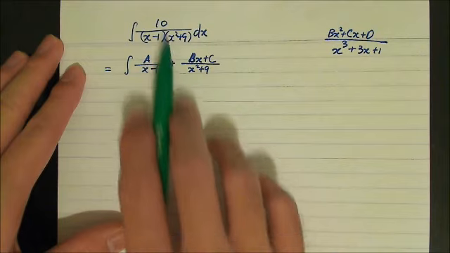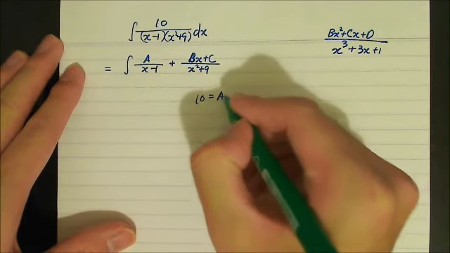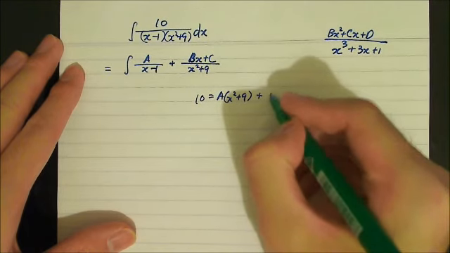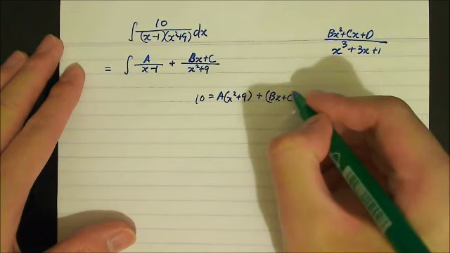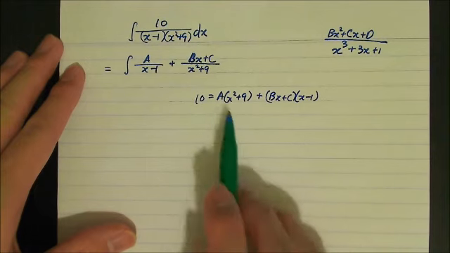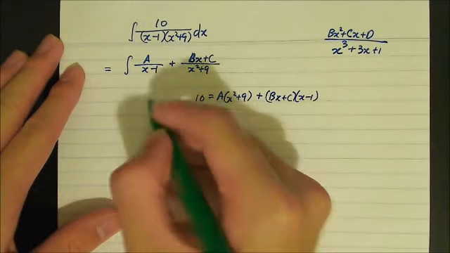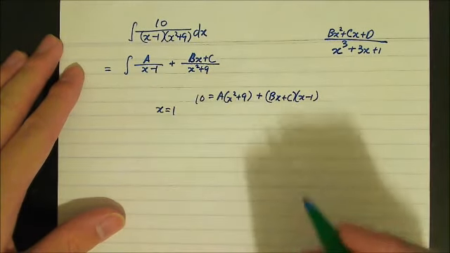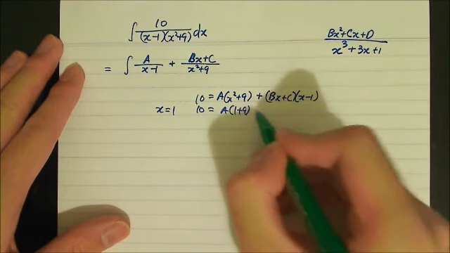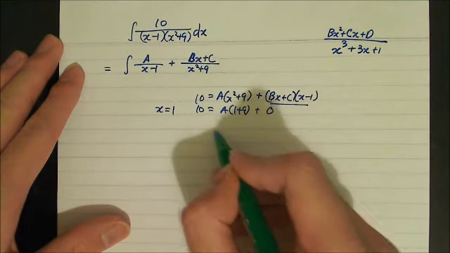So now equating 10 with what we'll get if we do a times x squared plus 9 and bx plus c times x minus 1, we want to find a, b, and c. So again, we're going to use a good substitution of x, such as x equals 1, which tells us that 10 equals a times 1 plus 9 plus, that's all gone, so it's 0,